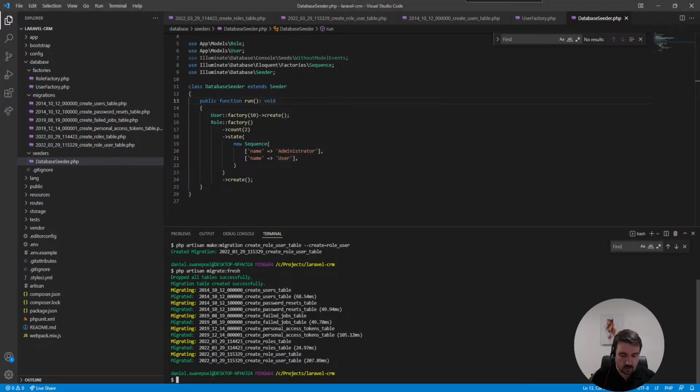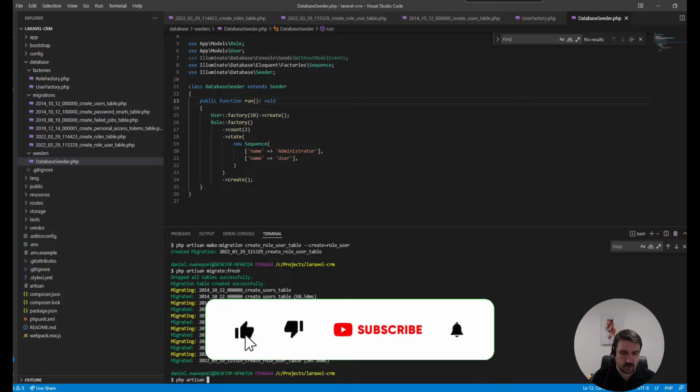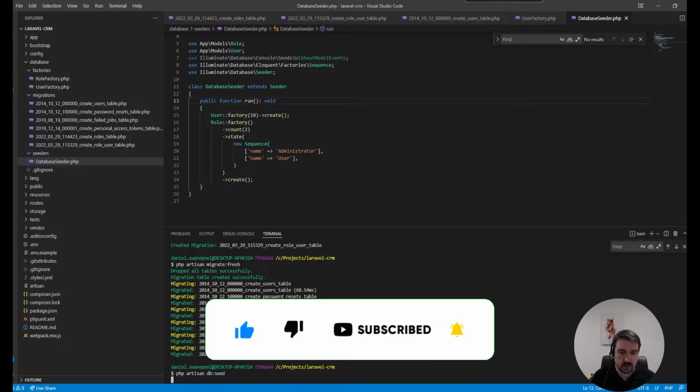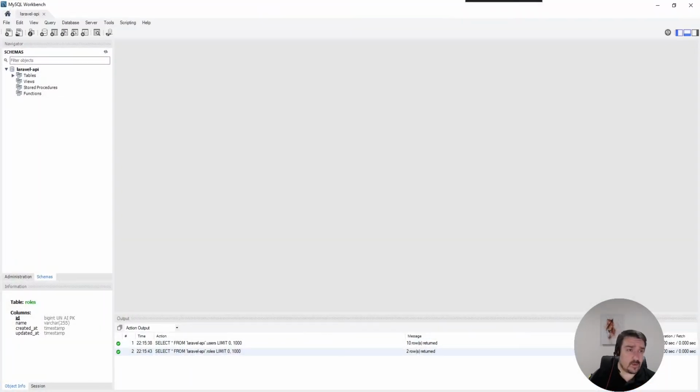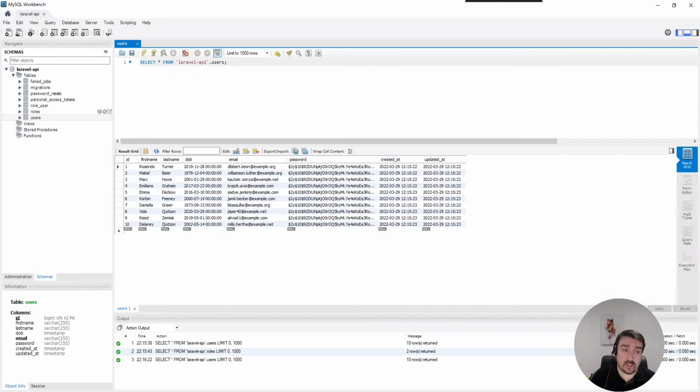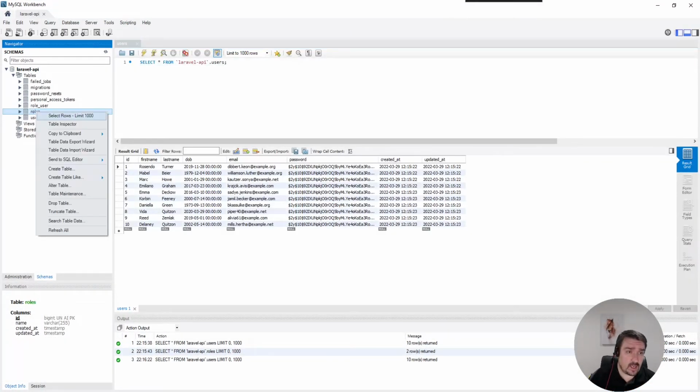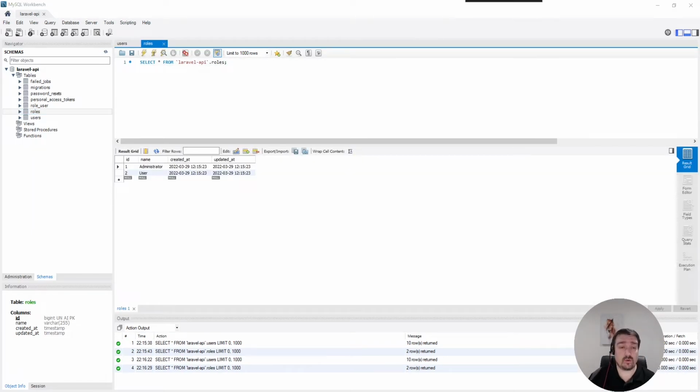Okay, and now we can call our seeder: php artisan db:seed, and it should seed successfully. Okay, and now if we look in our database, I'm using MySQL, we can see 10 users have been created, and in our roles table, we can see the 2 roles, administrator